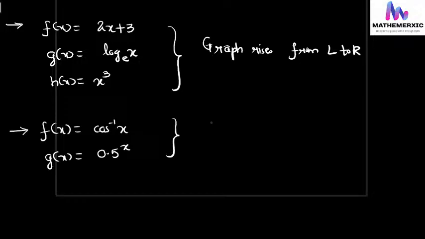So this is a decreasing graph. Since it decreases with the increase in the value of x, the graph goes down